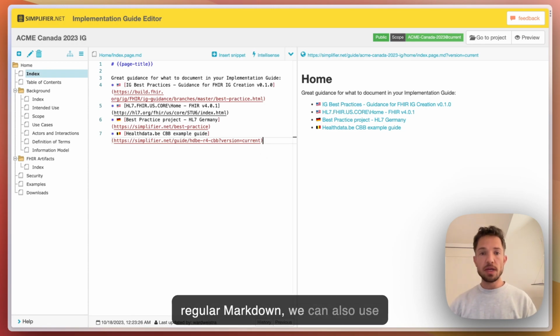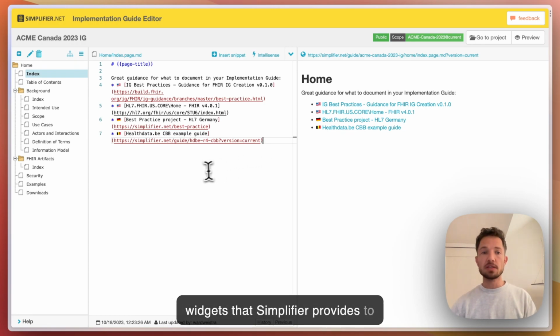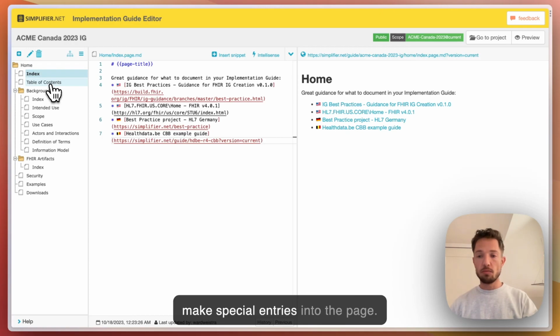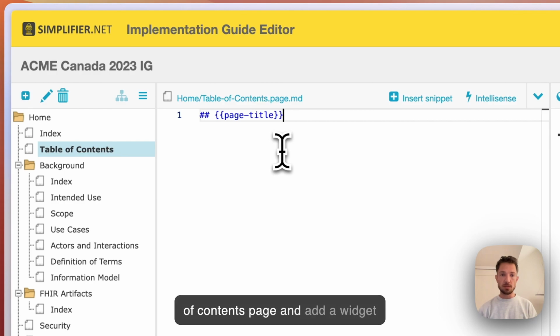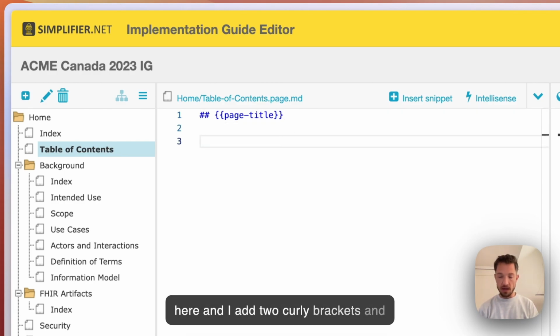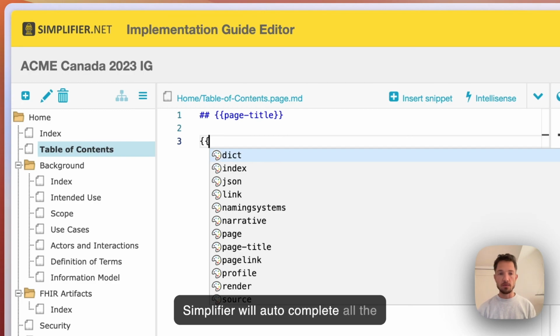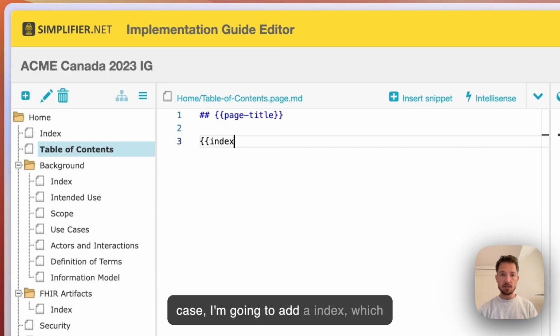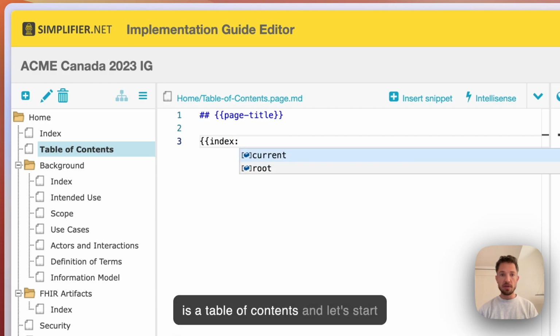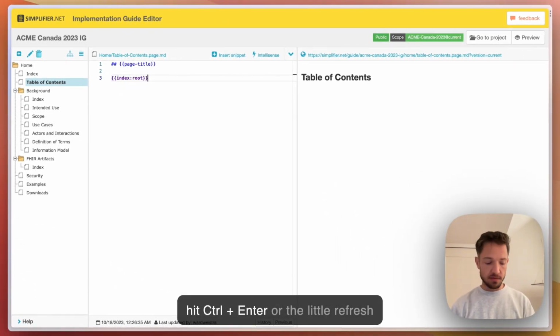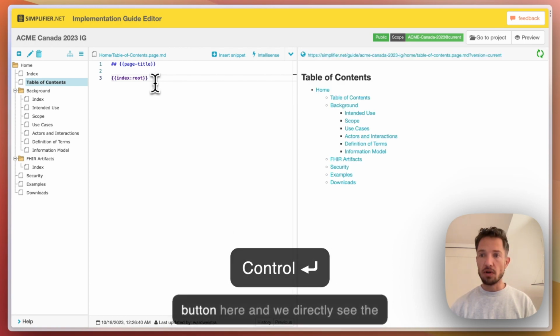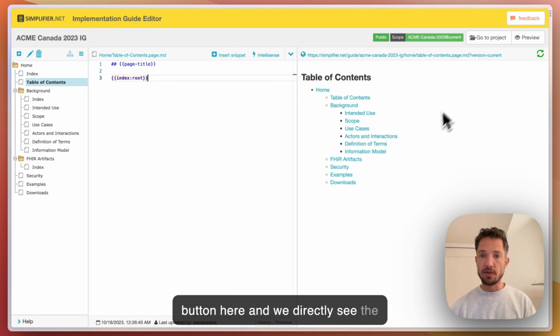Besides regular Markdown, we can also use widgets that Simplifier provides to make special entries into the page. For example, let's build out our table of contents page and add a widget here. I add 2 curly brackets, and Simplifier will autocomplete all the things it can do for you. In this case, I'm going to add an index, which is a table of contents, and let's start that from the root of the entire implementation guide. And now I can hit Ctrl Enter or the little refresh button here,